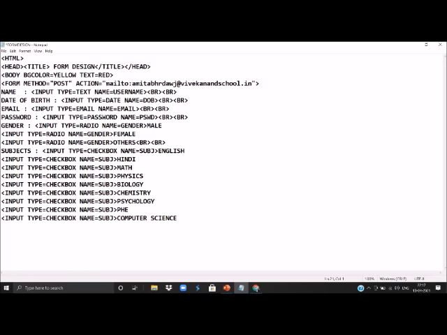Next is, suppose we want to give a list box kind of input. Suppose we want the user to select an option out of the given options only. Then like suppose we want to know the country of the user, then we can use select tag for that. But before starting select tag, let us finish all the input types. Next input type, here we will give the line break.